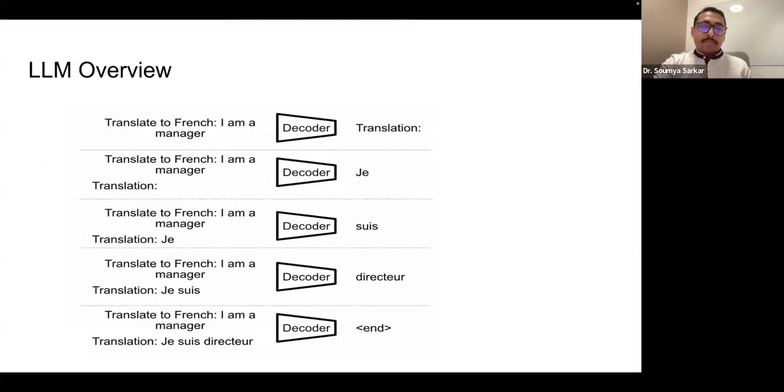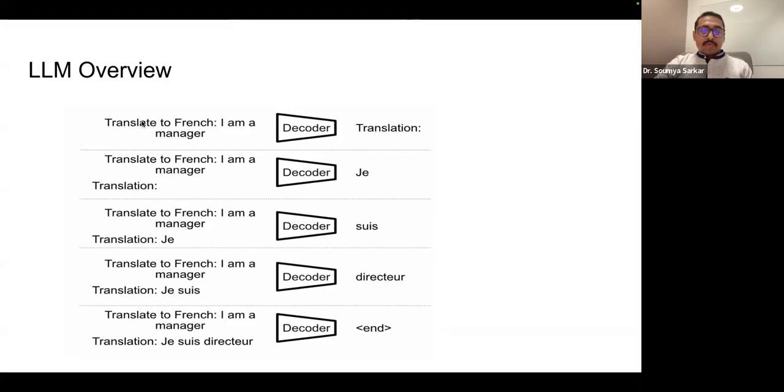Yeah. So before going into everything, let's go back to basics and try to understand what an LLM is. LLMs, or large language models, are basically autoregressive models which take an input, and then based on the input will provide you the next possible sequence or token that is the most likely output. For example, let's consider this input where you want to translate this English sentence, I'm a